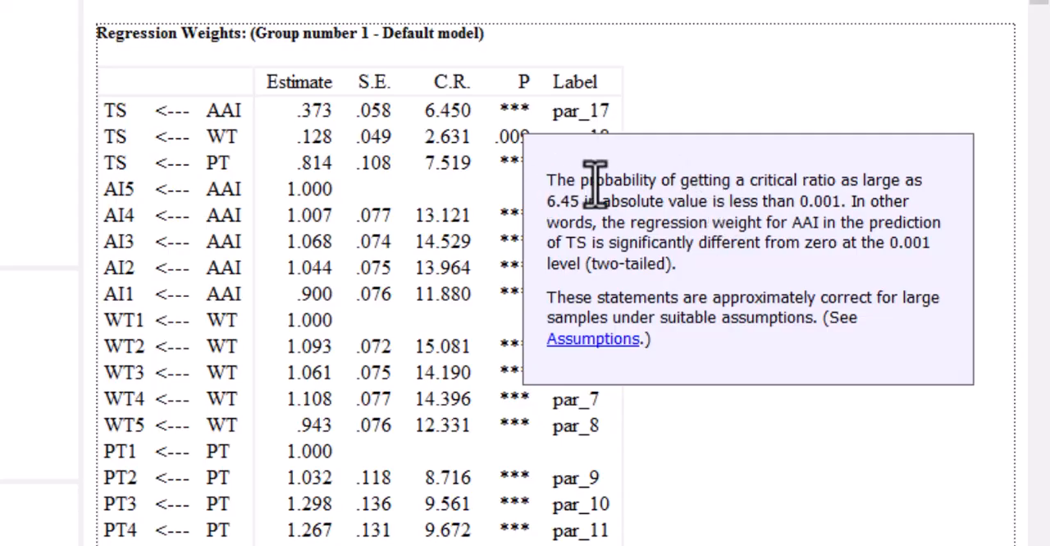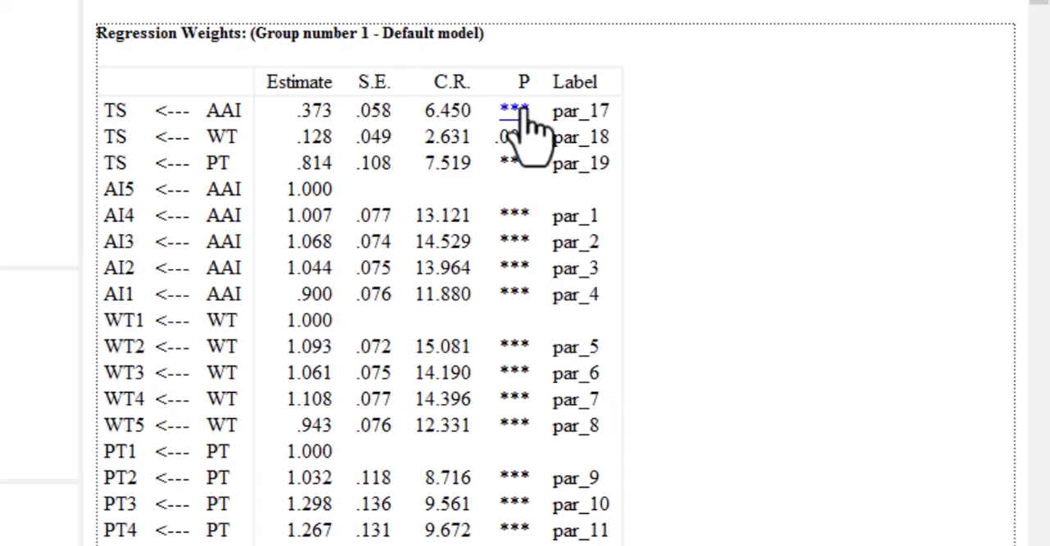So the probability of getting critical ratios as large as 6.45 in absolute value is less than 0.001. In other words, the regression weight for AI in the prediction of TS is significant. So the keyword here is this one. It is significant. It is significantly different from 0 at 0.01. In other words, what we are saying here is that the effect of AI on TS is significant because it is less than